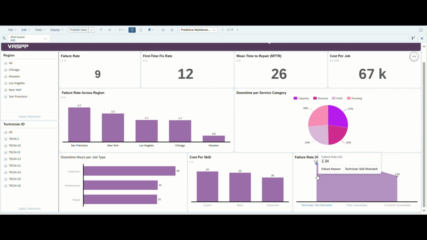Parts unavailable leads with a 3% failure rate, followed by technician skill mismatch and customer unavailability, both at 2%. These reasons provide actionable root causes, helping procurement, workforce planning, and customer coordination teams tackle the right problem areas directly. Filters, such as region and technician ID, make the dashboard flexible. Whether you want a city-level view or want to zoom into Tech 16's performance, this page gives you complete contextual